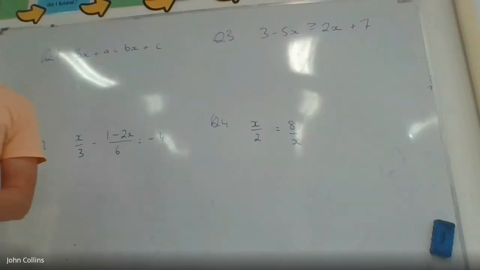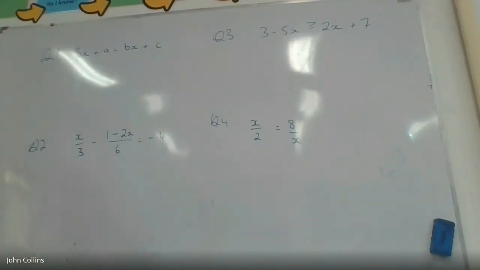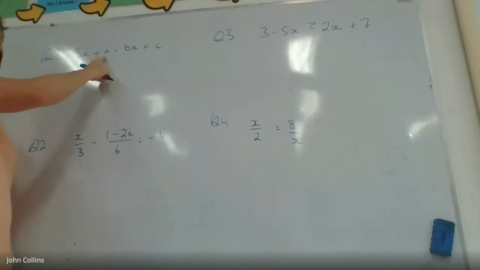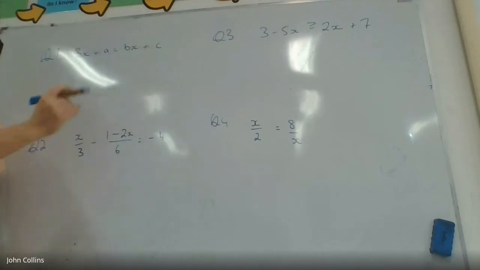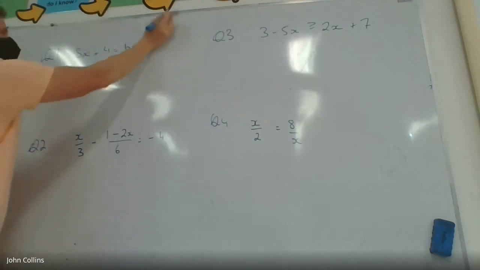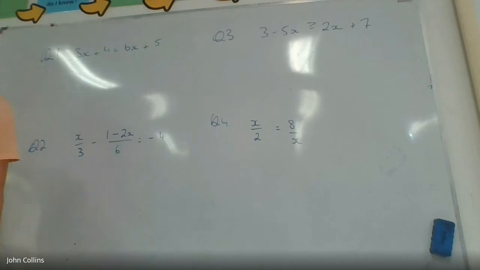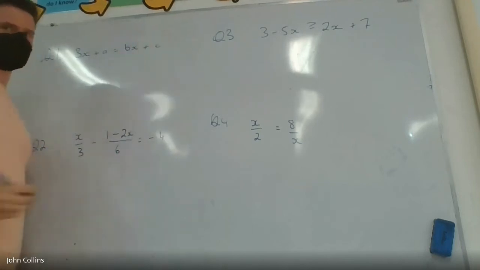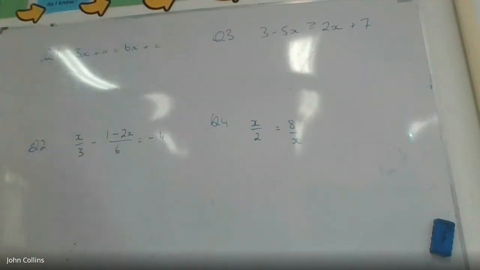So when making the subject type questions, it's very similar to solving, like you're usually doing, trying to solve for x. Just that they haven't assigned numbers to the other variables. A and C could very easily be just 4 and 5, for example, and you could try and solve it from this perspective. But they are not. They are A and C. Okay. So if we want to make x the subject of this,